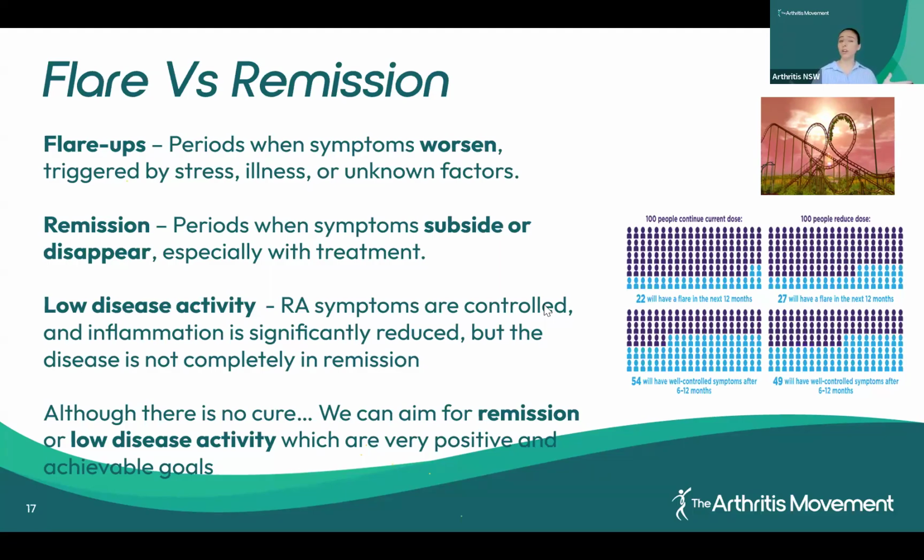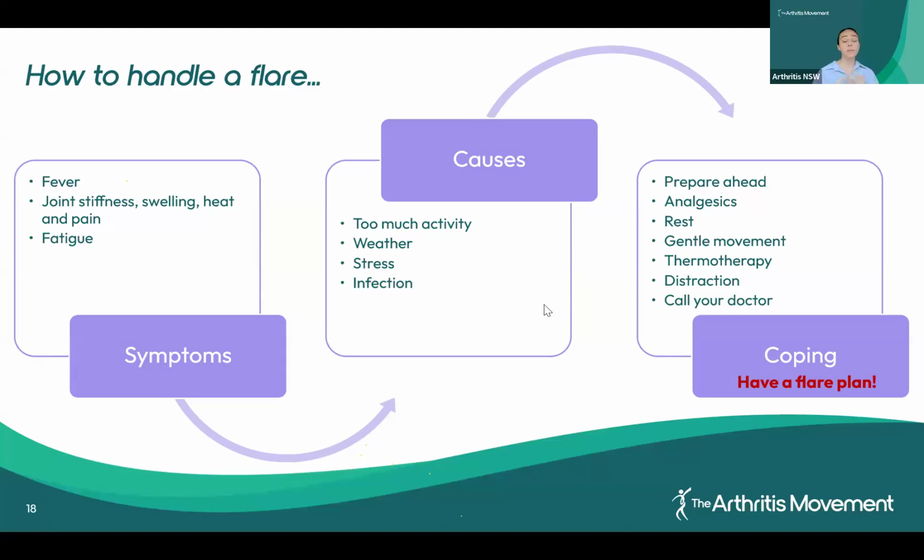So if you've heard of a flare plan, these flares can be very unpredictable, but a flare plan might be one of those tools which help you act quickly, reduce its impact, and prevent it from lasting longer or worsening. So it's ultimately a proactive strategy developed in collaboration with the healthcare team, physios, exercise physiologists, rheumatologists, GPs, OTs, which focuses on early intervention and symptom management. So a typical flare plan might include